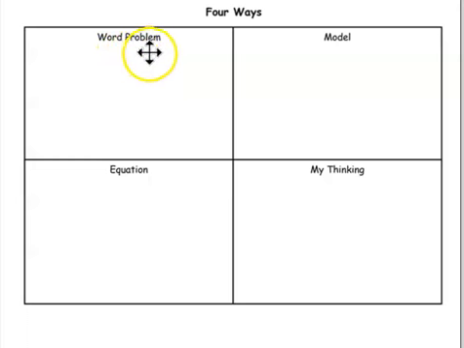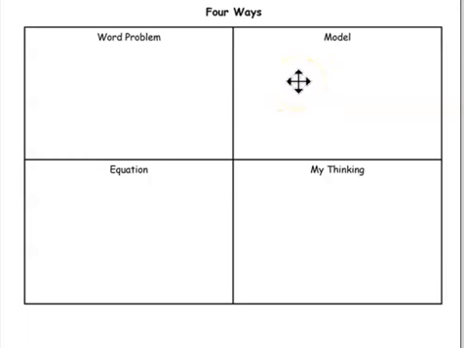The first box says the word problem. So that's where we're going to put our actual problem that we're going to solve. And then the next box here has model. And that's where we're going to model our problem. So we can model it with a picture or drawing, but it's kind of where we're going to really be